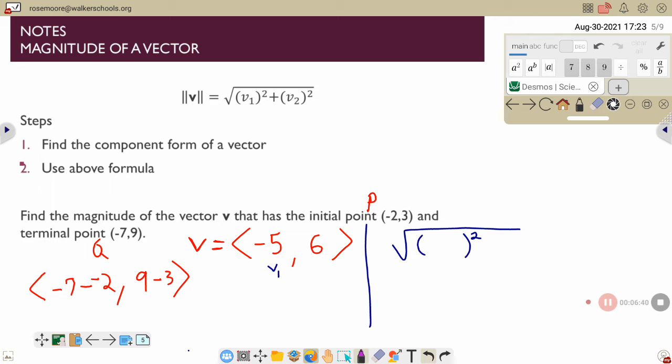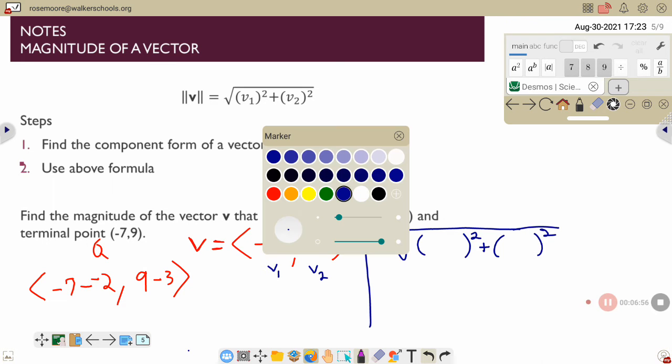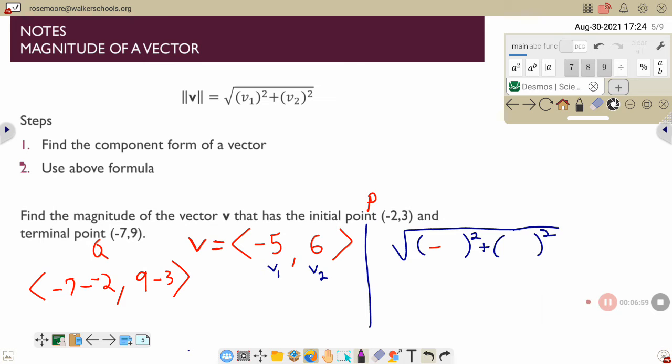So v1 squared would be that, and I will put plus the v2, and this is v2, and it will be squared. So I'm just going to plug in my components there. So I'll have -5 here and 6 here. Okay? You can either do this in pieces, but it's very important that when you use a calculator, which